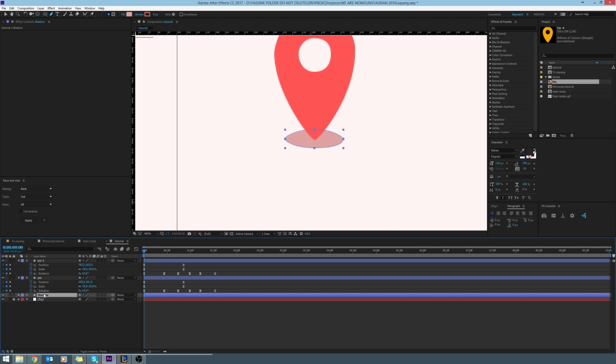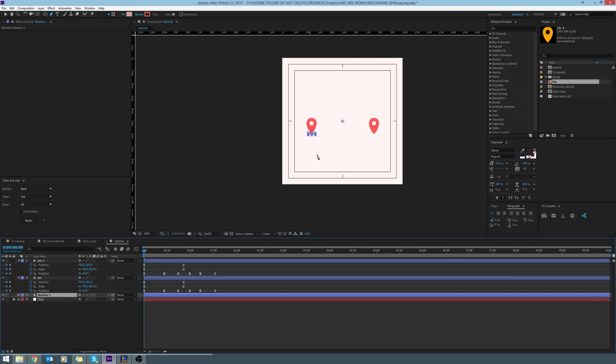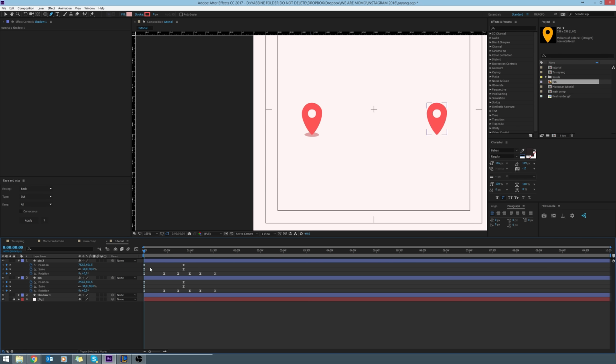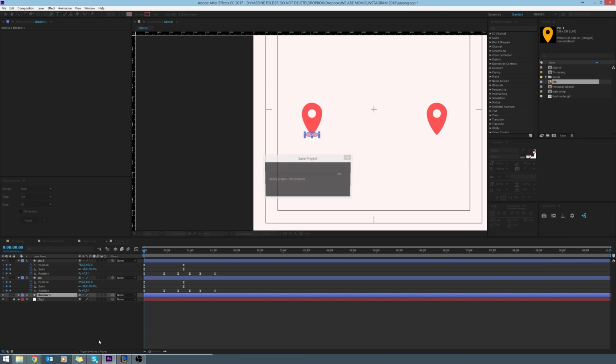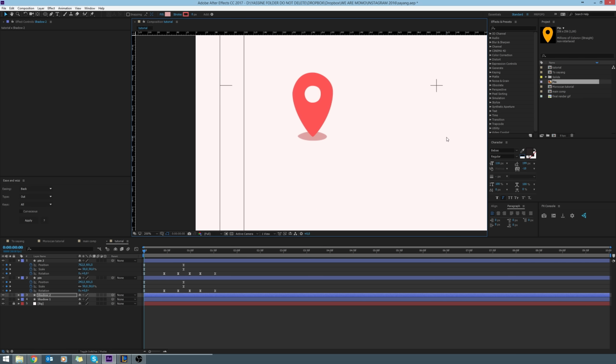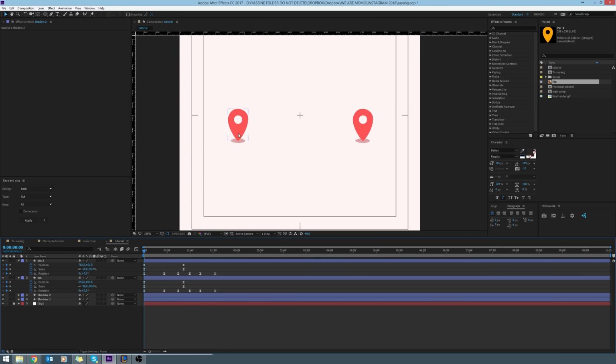shadow 1. Shadow 1, which is for the first pin. And I'm gonna make sure the anchor point is there. And yeah. And then I'm gonna duplicate this, and then I'm gonna put it below this. So right now we have a pin with its shadow, a pin with its shadow, and then they have to